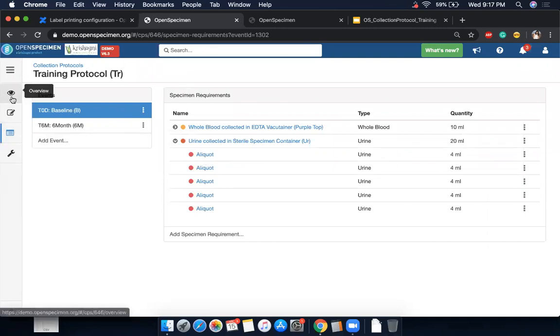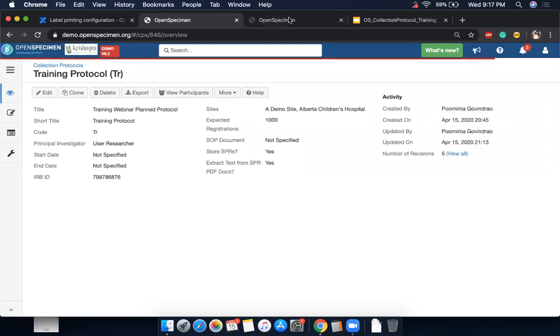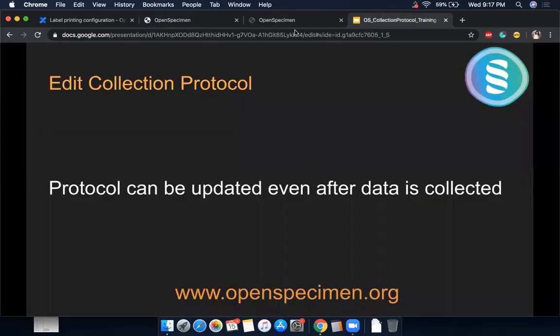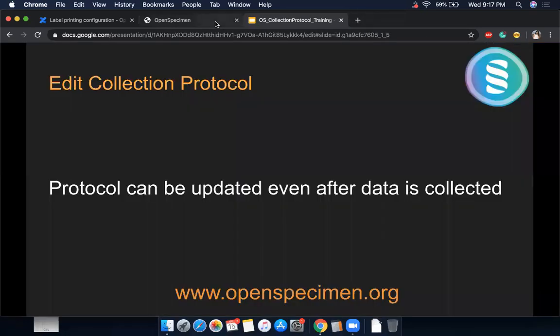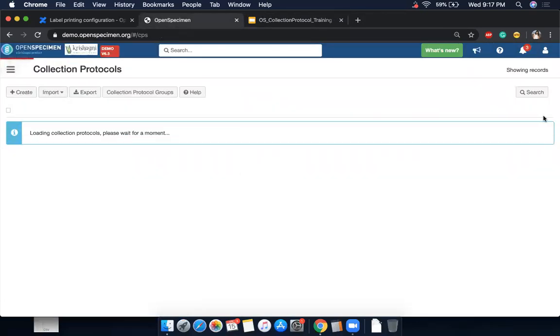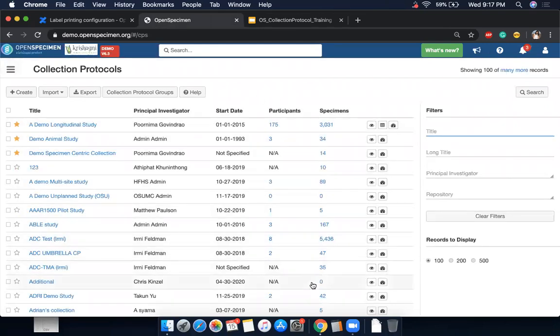But I can make any changes in my protocol. So that's the update part of it. In order to edit a collection protocol, you need to go into collection protocols. And if you have been using OpenSpecimen for a long time, you might have a lot of protocols. You can search using these filters on the right side, or you can also, this is a new feature here,